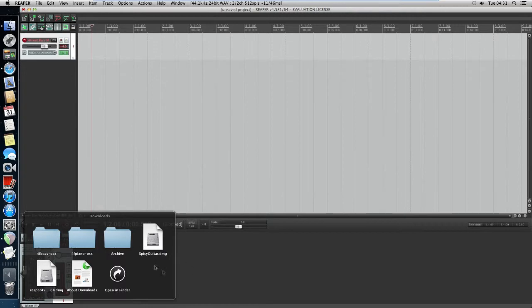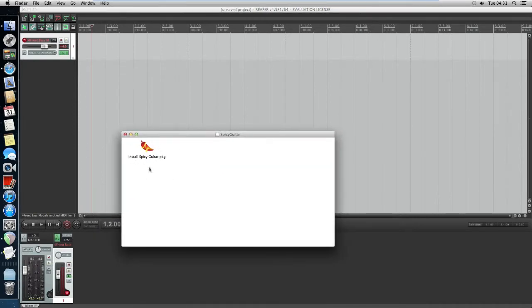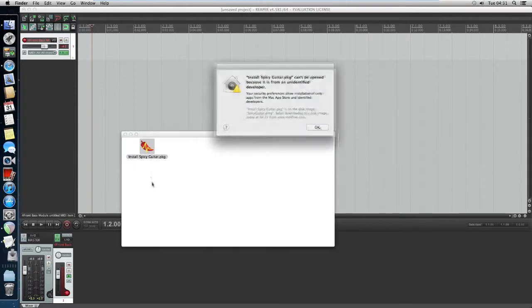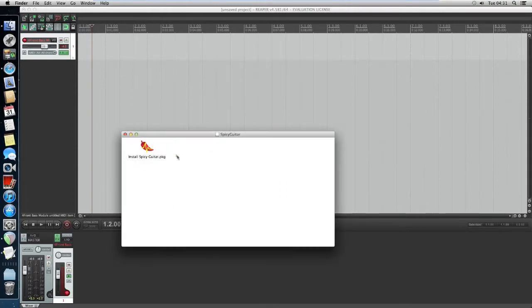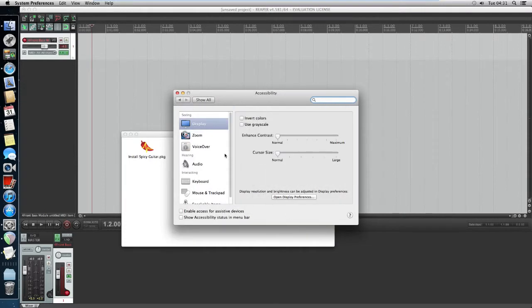If you get this one, now this is a DMG, so if you double click on this, it will mount and you'll be met with an installer. Now your installer might work, or it might come up saying about the preferences. Now you can change that by going, I think it's accessibility, and then